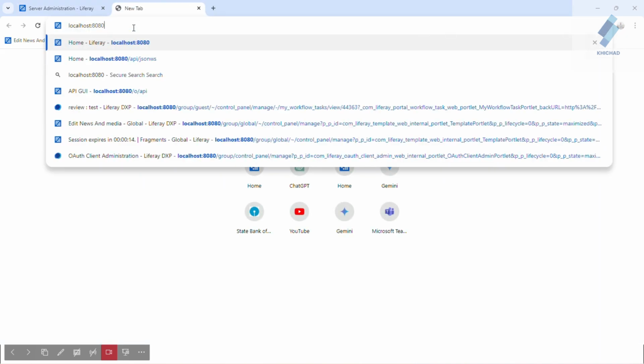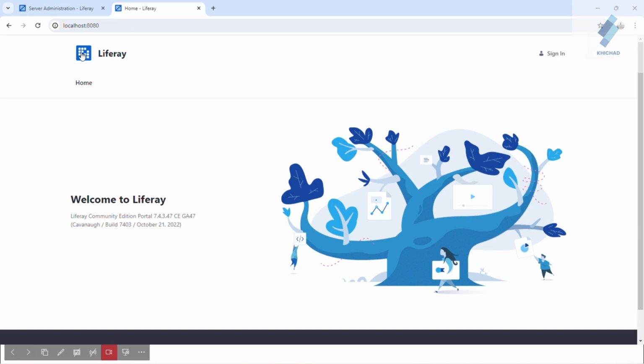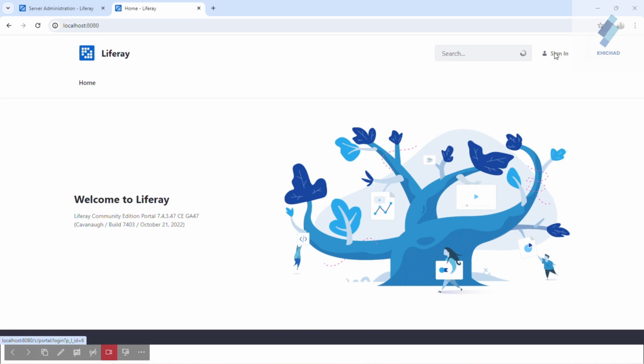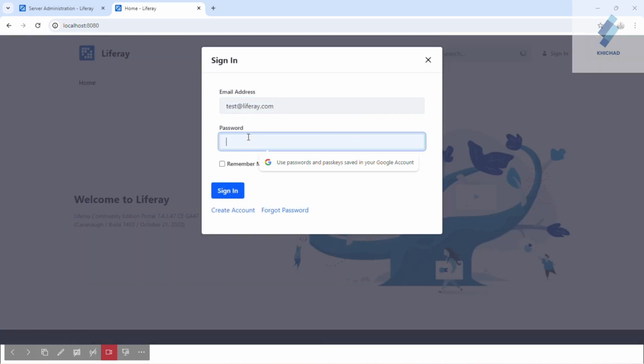Hit the URL localhost:8080 and first we need to log in to the Liferay portal to verify whether the Liferay server has rolled back successfully or not. So use the login credentials.